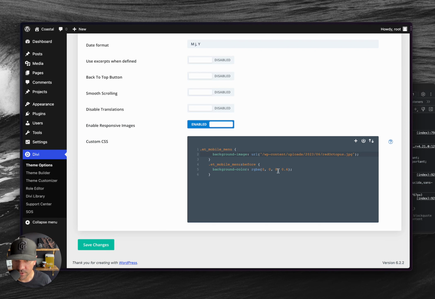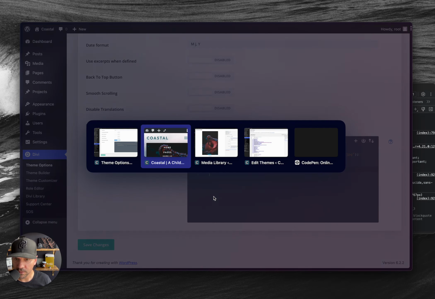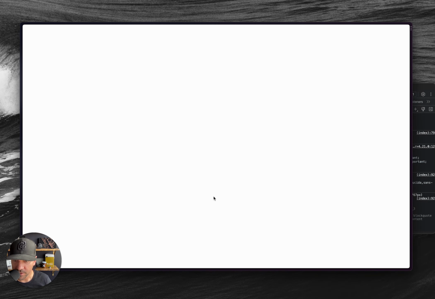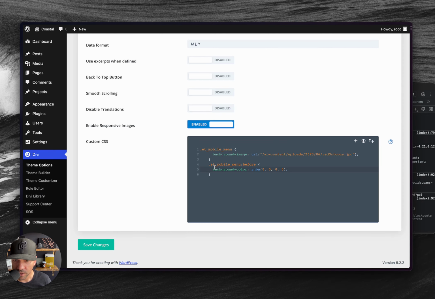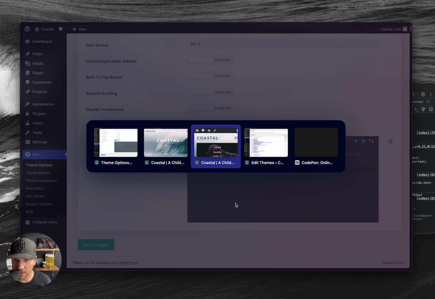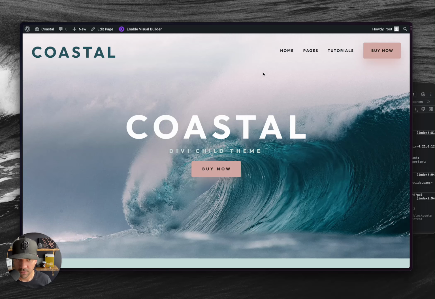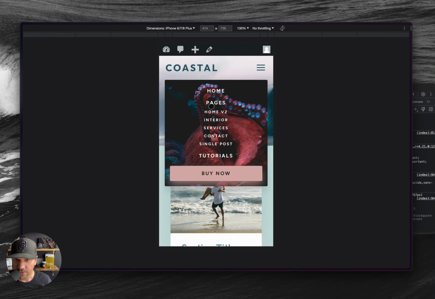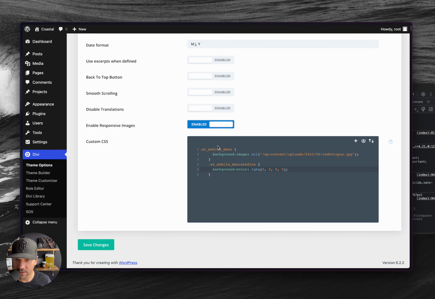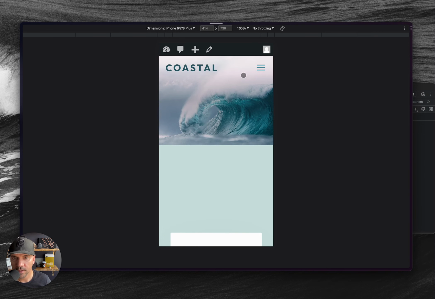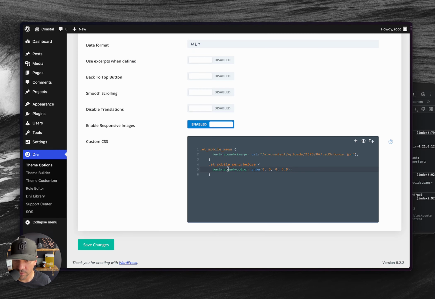Now just to show you what this does, let's say I change this to 0. So there's going to be no overlay at all. It's all just going to be 0. Okay, now I'm going to refresh. As you can see, the image is brighter, but it's kind of hard to read the stuff. So this is just black here. So if I do 0.9, obviously it's going to be 90% of the black color, and that might be too dark. So you kind of want to mix it in,